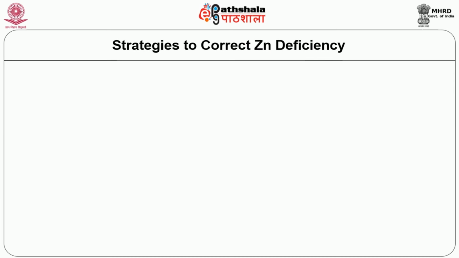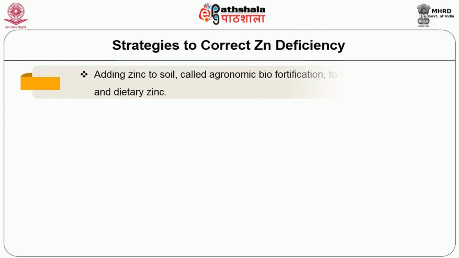Now what are the strategies, how can you control this? We know that most of the zinc is obtained from diet. The plant sources mainly assimilate zinc from the soil, so the soil wherever your produce is grown should have sufficient zinc. Normally the agriculture scientists or the farmers use zinc fertilizer, so that it increases yield and also provides sufficient zinc in the grain. This is called agronomic biofortification.